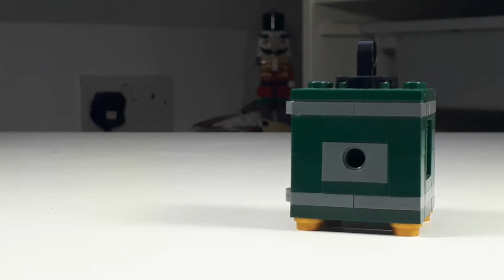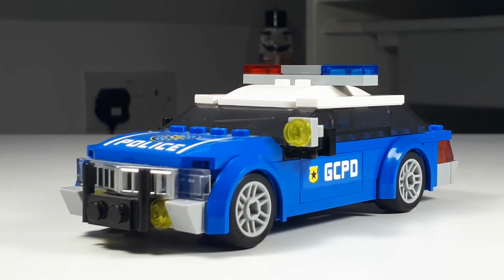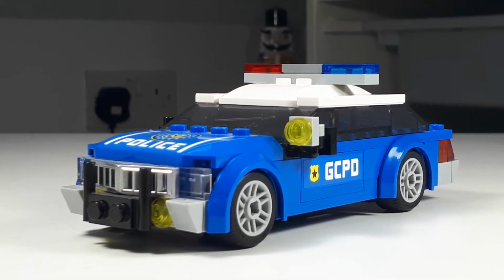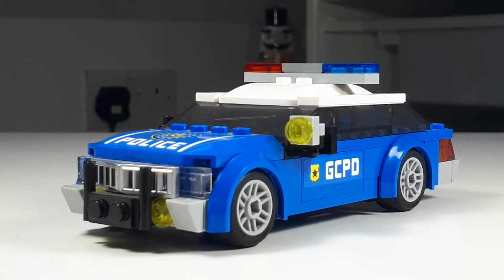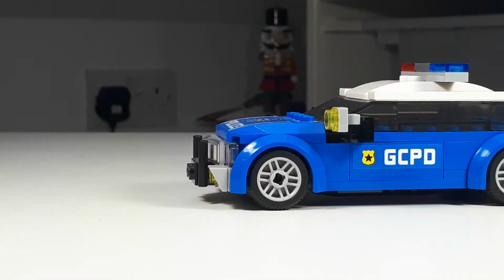And by far the second best build in this entire set. In my opinion, the second best thing in this entire set is Gordon's cop car. For starters, just looking at it. Come on, don't tell me that's not the best police car Lego's ever put out. I mean, it's not the best. I still really want the SWAT van they did a couple years ago. But nevertheless, you can't tell me that it doesn't look good. It doesn't look appealing. It rolls